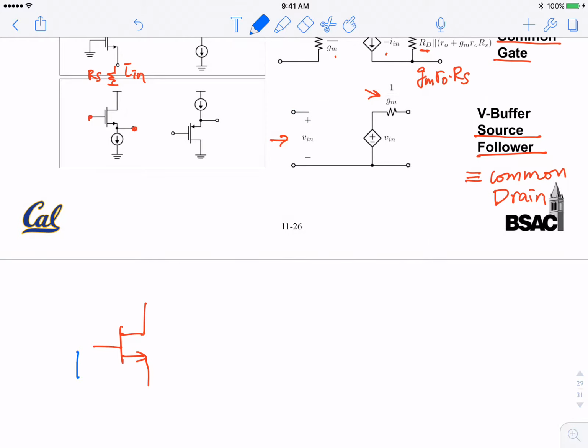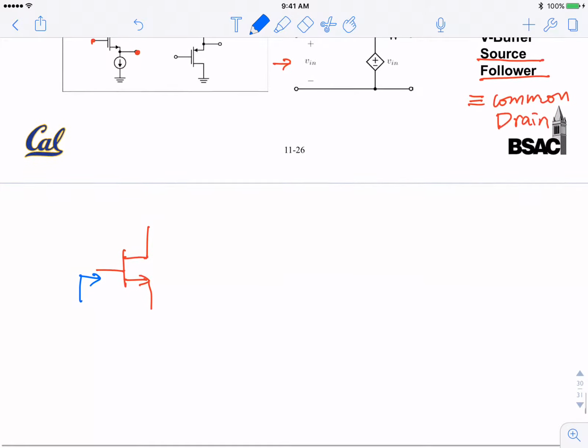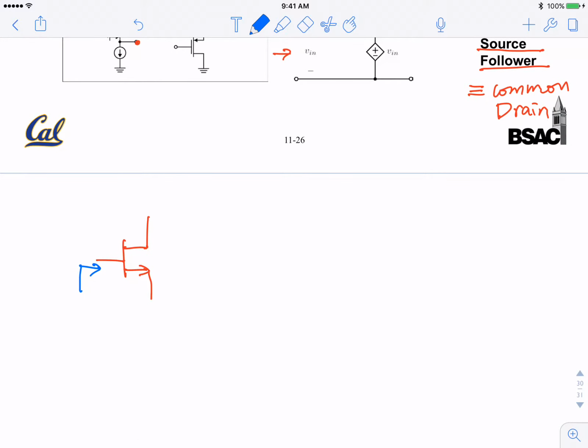If we look into the gate, usually you see an open. This is a loose term, we say we look into the gate. So R looking into the gate is very large, infinity. Now, in other cases, say we are looking into the drain. If we look into the drain,